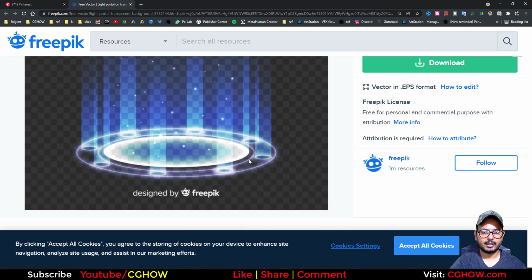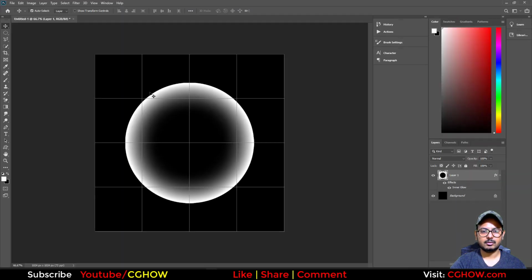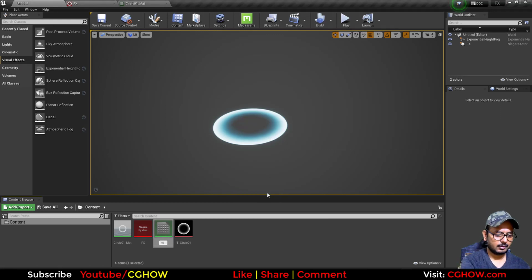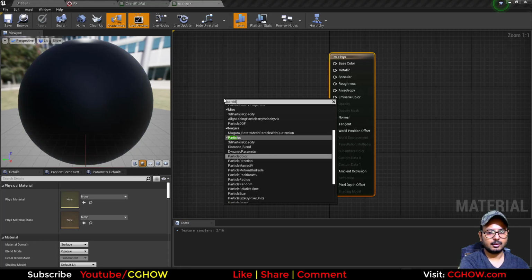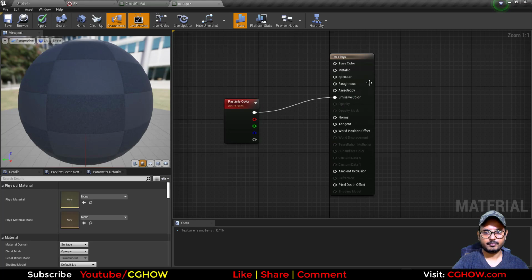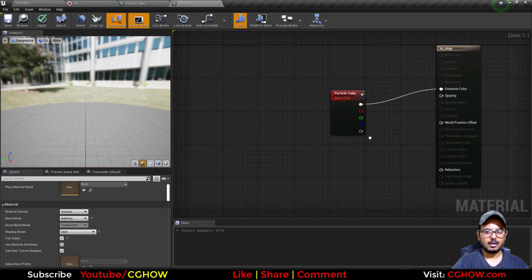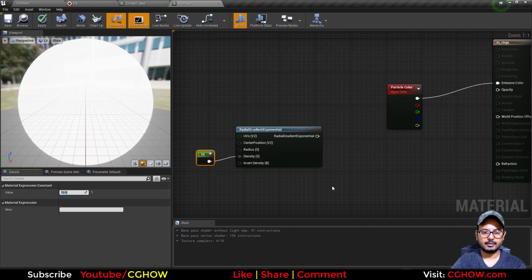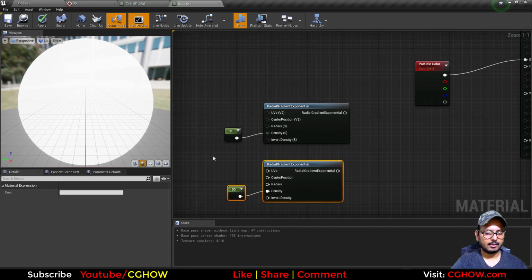Then we need to make these two lines blue with some glow. So you can again make a texture of rings, but it is quite easy to make it in material. So M ring, particle color, additive, unlit, simply radial exponent and